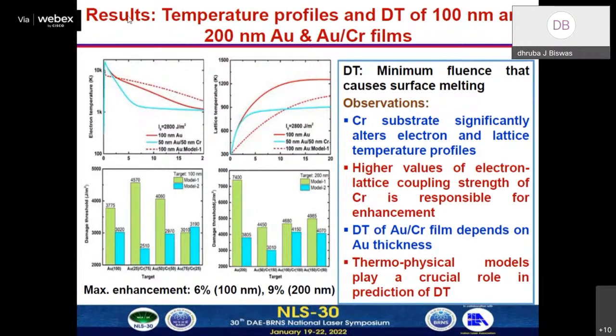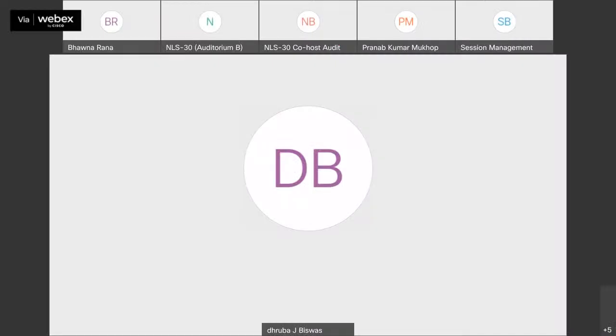Over to the judges. I have one question. You said it is for the femtosecond. So what is the range of femtosecond value for which this model will be valid? The main criterion of the two-temperature model is that the pulse duration of the laser is lower than the electron-lattice equilibration time; then it is valid. Mostly it is generally valid for all ranges, but we can use the one-temperature model if the pulse duration is higher than the electron-lattice equilibration time.